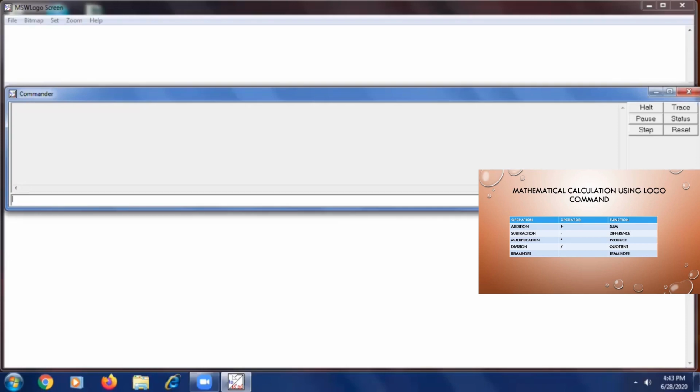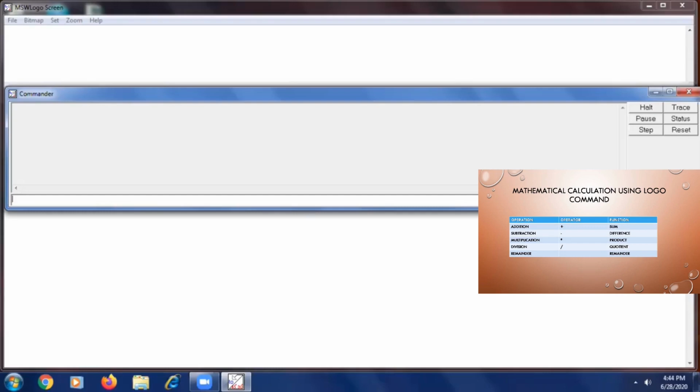So we will be using these 4 operators. Along with these 4 math operators, we will be learning the functions. What are the functions we'll be learning? We'll see and do it.